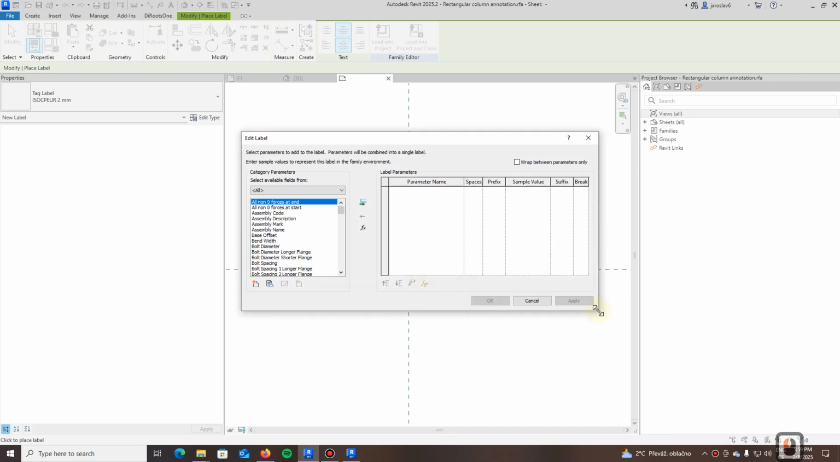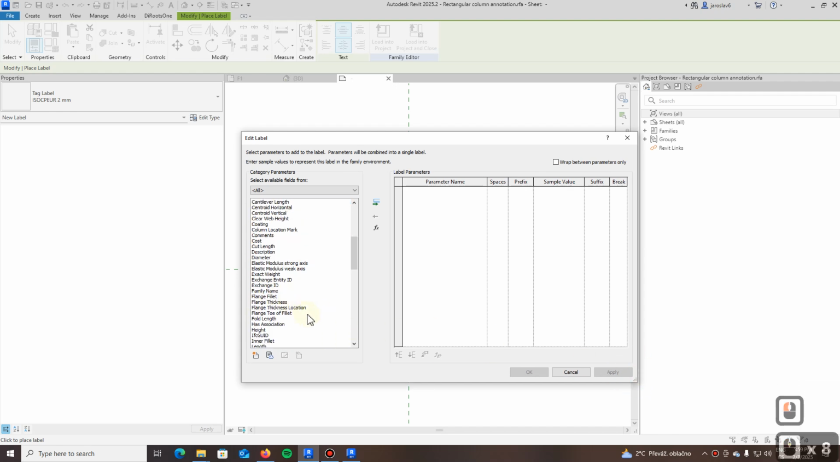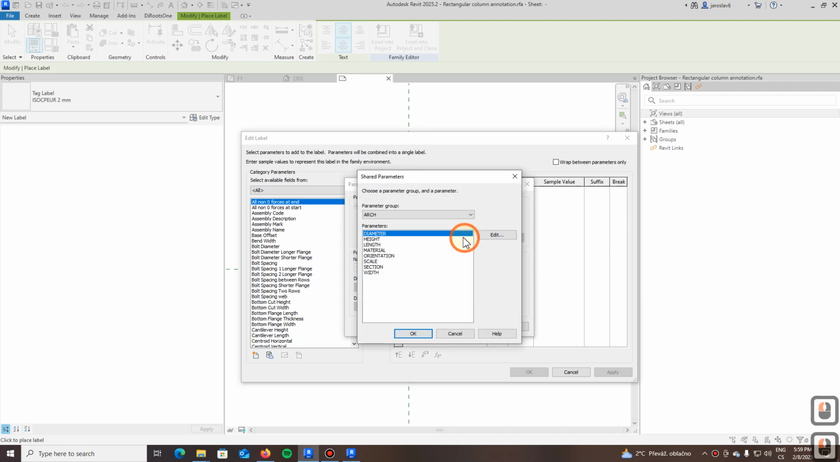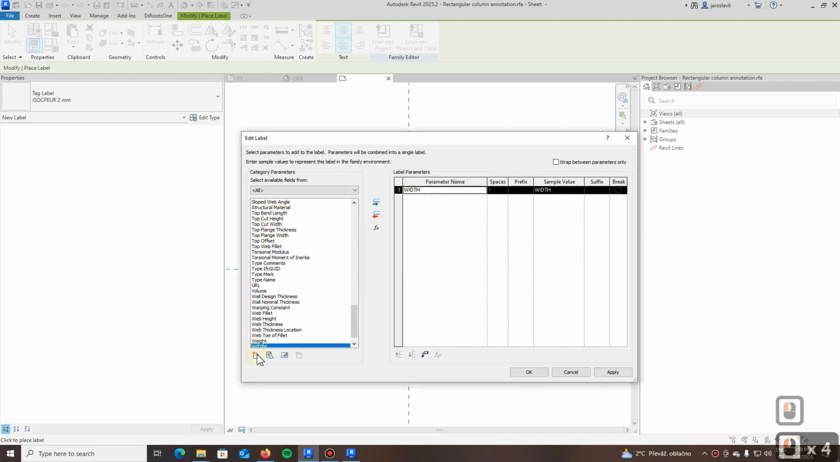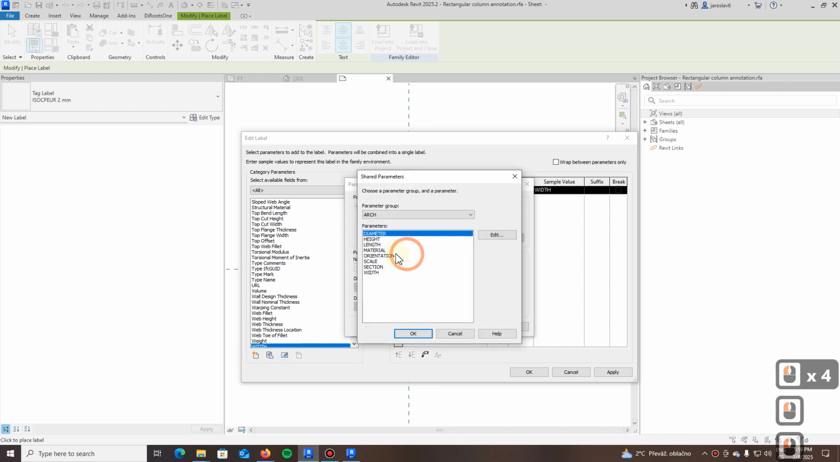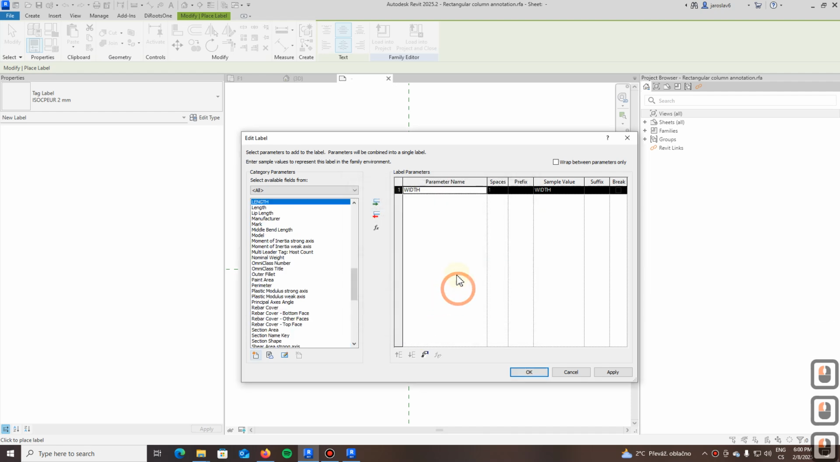And what we need to annotate is the width and height, but the problem is we used shared parameters, so we can't actually find it here. So I have to click on this one. I select width. Then I click on it again and I select length,